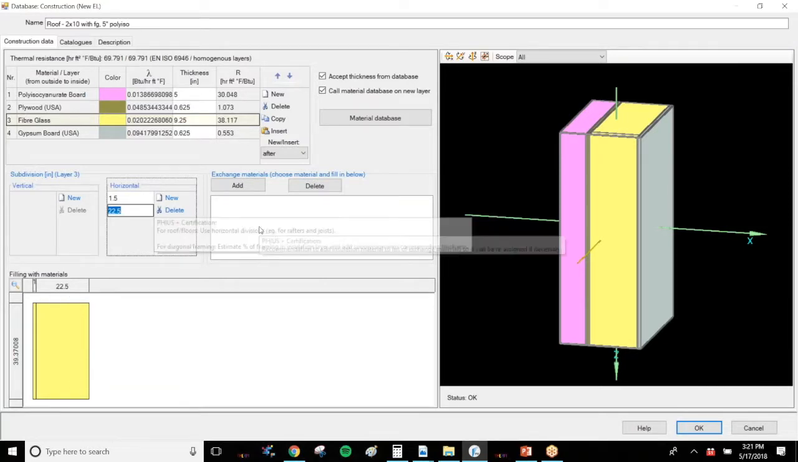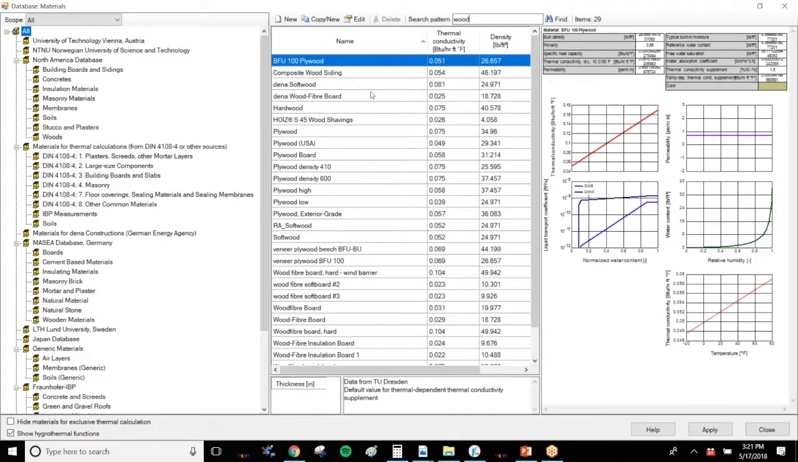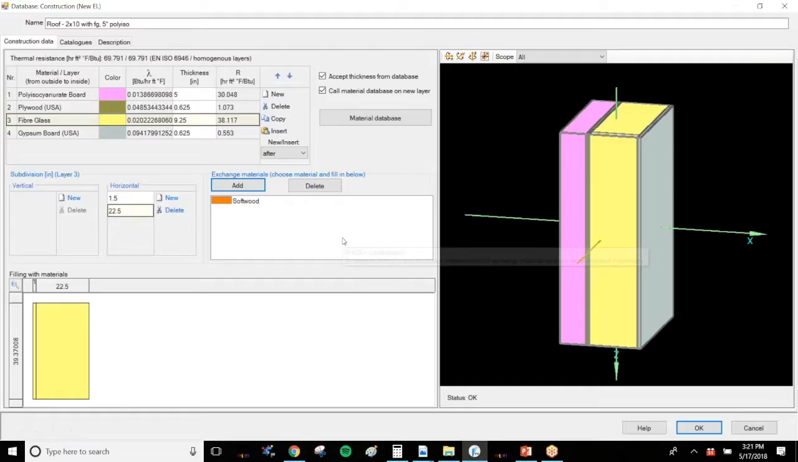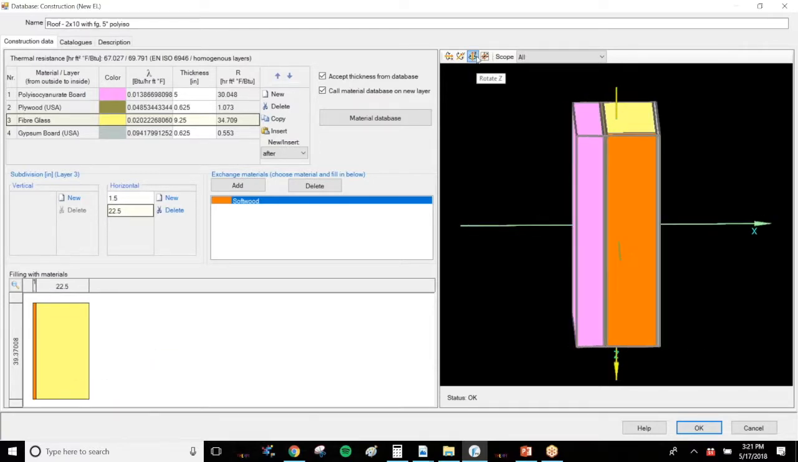In order to actually assign the framing, we need to add an exchange material. So that's in this section here. I'm going to click on Add, and I'm going to search for wood and pick the softwood option for framing. Now I can see softwood shows up in my exchange materials. I click on softwood, I click on my 1.5 inch slice, and now I've assigned that to softwood. And you can see over here now on the right,